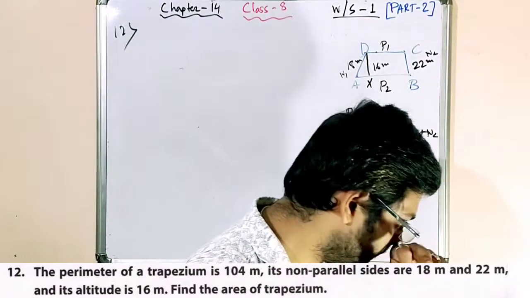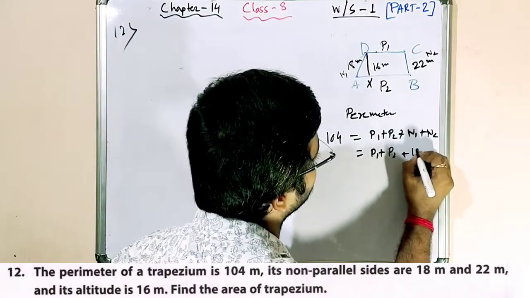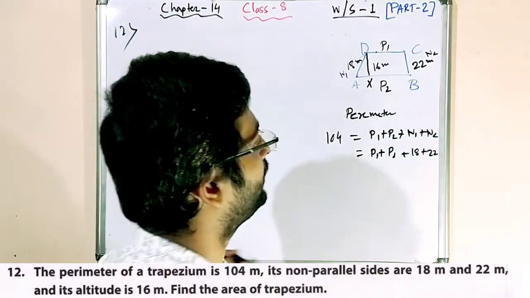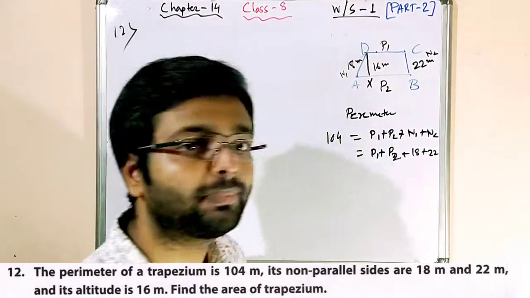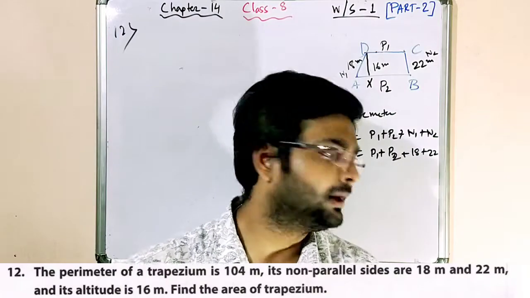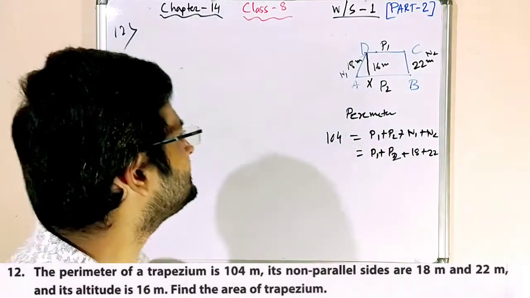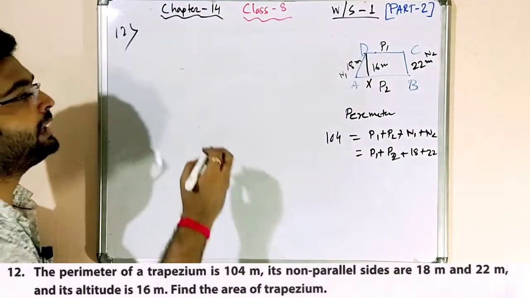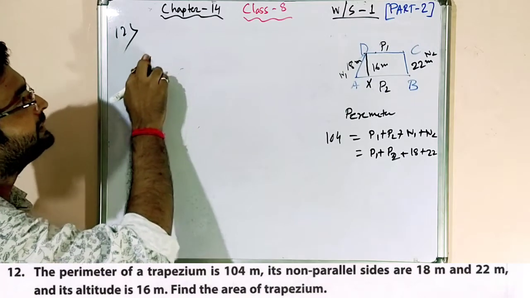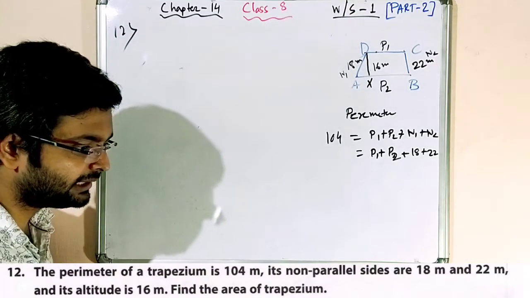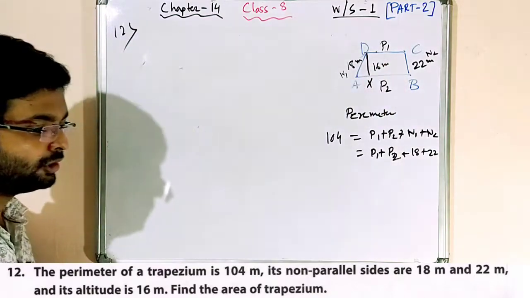104। तो चलो अब देखो P1 प्लस P2 तो है, अब N1 का वैल्यू अगर 18 है और N2 का 22, सो P1 प्लस P2 का वैल्यू आएगा या नहीं, फाइंड आउट कर पाओगे या नहीं? हमें P1 P2 सेपरेटली नहीं मंगा है, वो लोग पूछा है कि एरिया फाइंड आउट करो ट्रापेजियम का। तो बहुत ही इजी है, तो एक बार कर लो। तो देखो पेरीमीटर इक्वल्स टू, चलो एक बार लिख ही देता हूँ। आई थिंक इट इज़ बेटर टू राइट ऑल्टीट्यूड। हाँ ऑल्टीट्यूड क्या है? 16, मैंने लिख के रखा है, देख सकते हो।